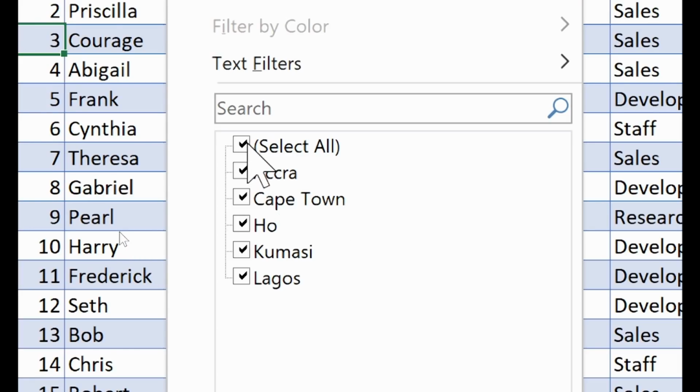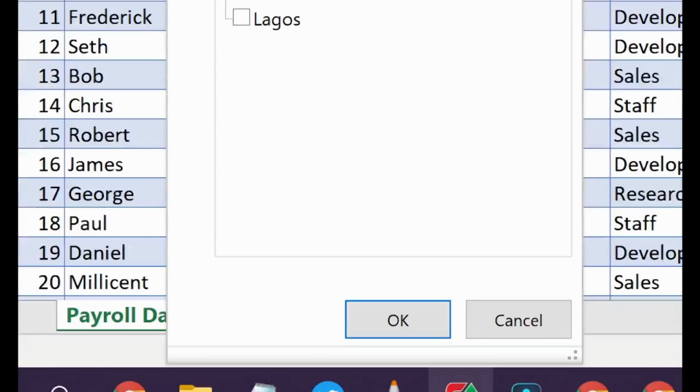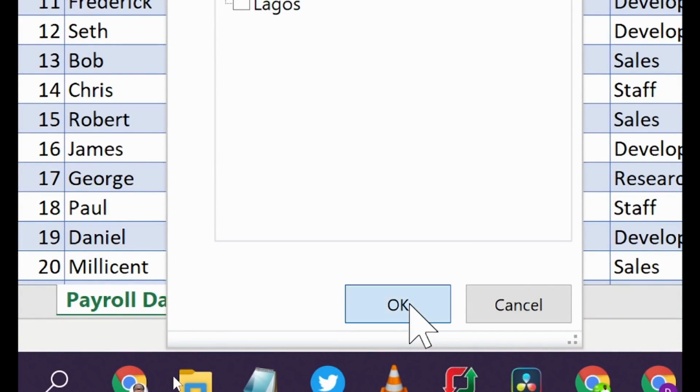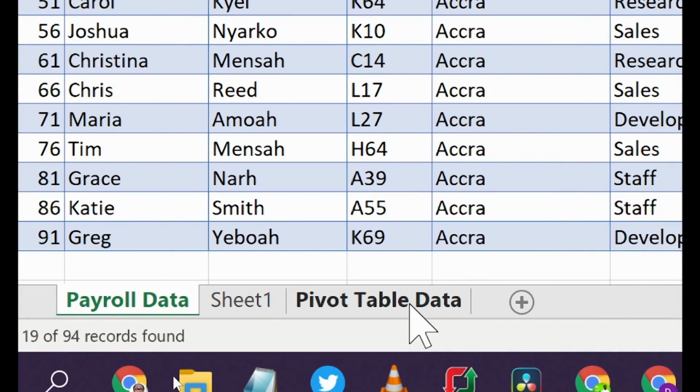We can see that all of them are selected. So because I want to use filters to analyze my data, I'm going to deselect all of them and choose only one. Now see what will happen when you apply a filter. I'm going to apply a filter based on what I've selected here. When I come here and I click OK, what will happen here